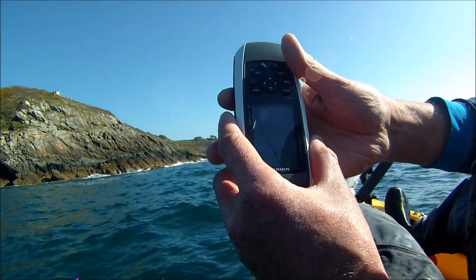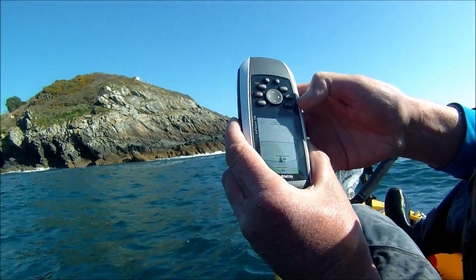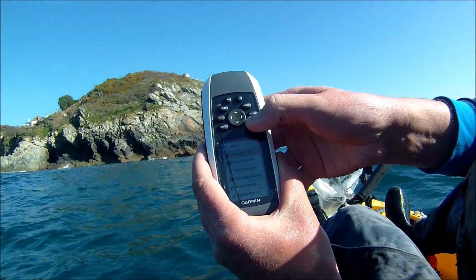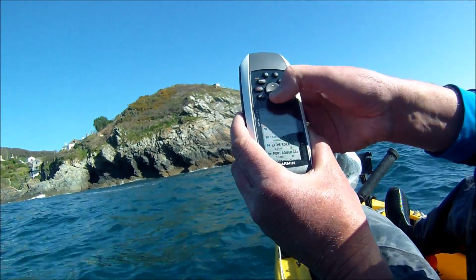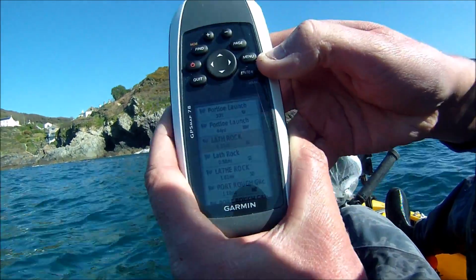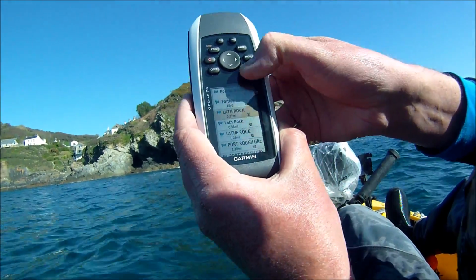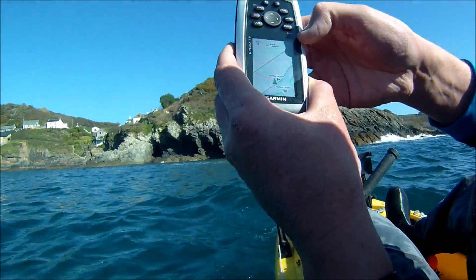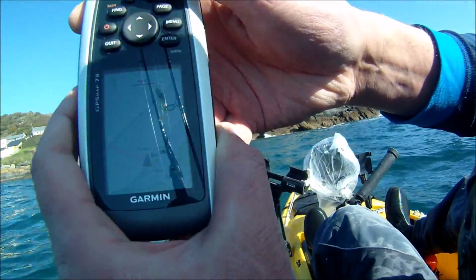Okay, now I'm out of the harbour. What I'm going to do is set my waypoint to Lath Rock. Now I'll just go into the menu, into my waypoint manager, and then I just scroll it. Just see Lath Rock there, hope you can see it, and then we're just going to enter and then just tell it to go to, and what that will do, that will set a track for me to follow,